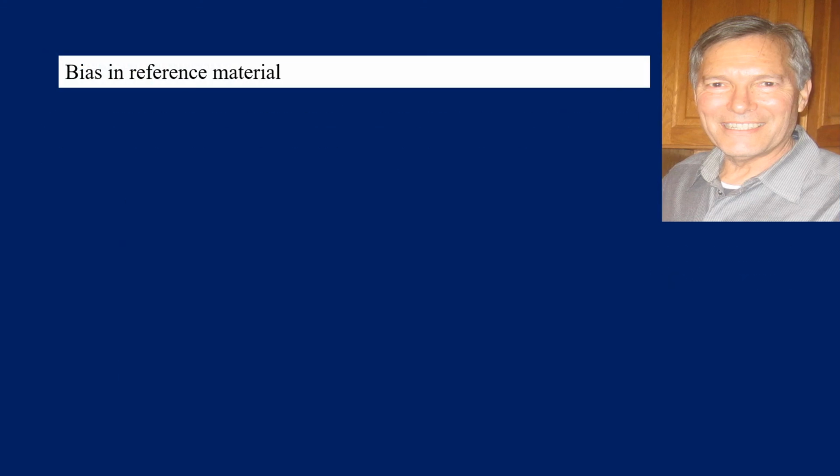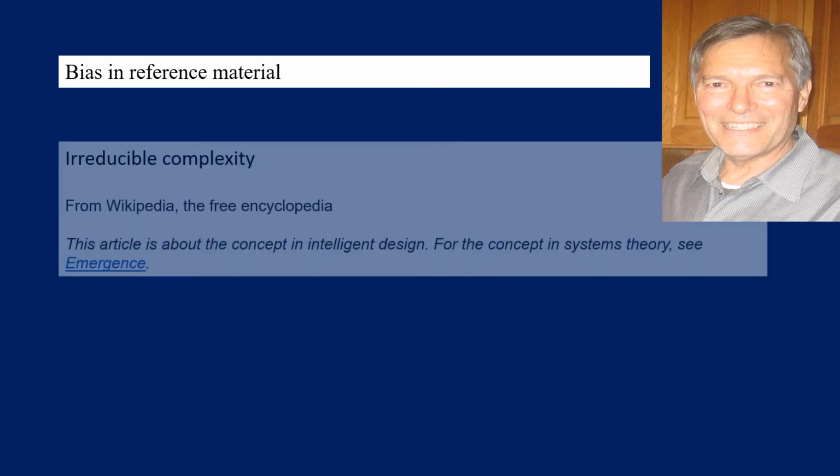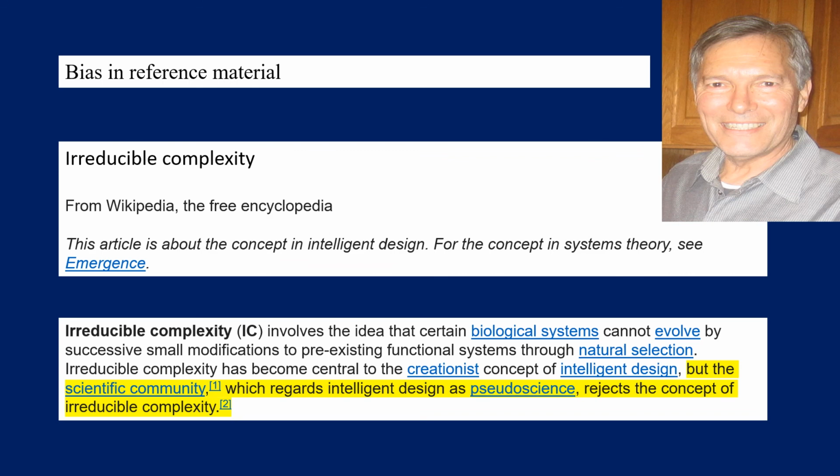Now, I mentioned before the bias in reference material. When I was a child, I had a set of encyclopedias, and if I wanted to look up irreducible complexity, it would talk about irreducible complexity. But today, just to show you how much bias there is, this is irreducible complexity from Wikipedia, a free encyclopedia. And right at the very beginning, it says irreducible complexity involves the idea that certain biological systems